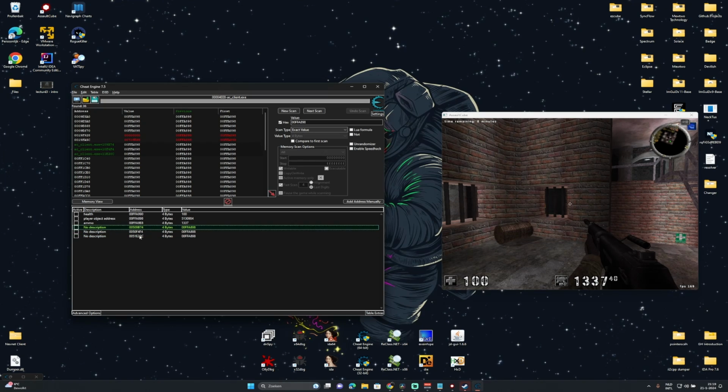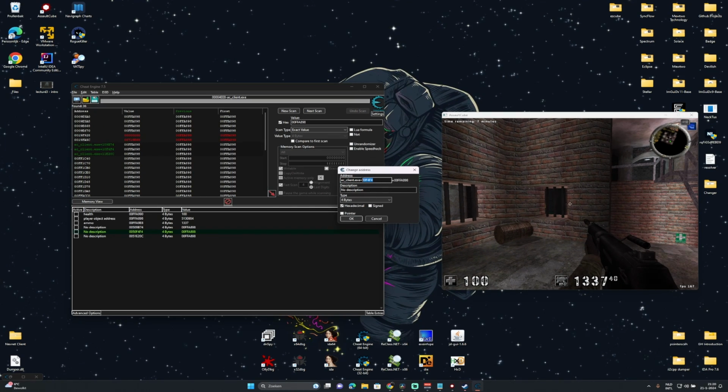Well, firstly, all of these pointers are very likely to work. They all point to the player object address, which is good. However, you will be spending a long time on reverse engineering the game. So maybe after a week, one of these offsets may no longer work, and maybe this one, for example, still works, while this one doesn't. That means that this pointer right here would be more reliable. So we can pretty much use any of these 3 pointers. However, I recommend using this one,